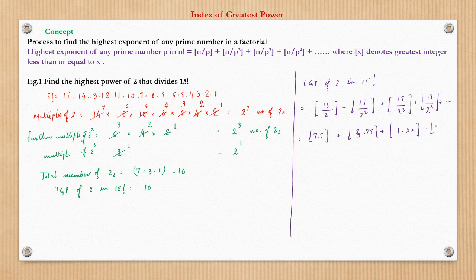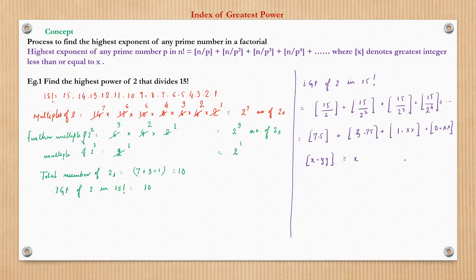15 by 16 would be 0 decimal something. So now this is a greatest integer function. Greatest integer function denotes the greatest integer which is less than or equal to x, right? If x point yy is a number, then the greatest integer which is less than this number